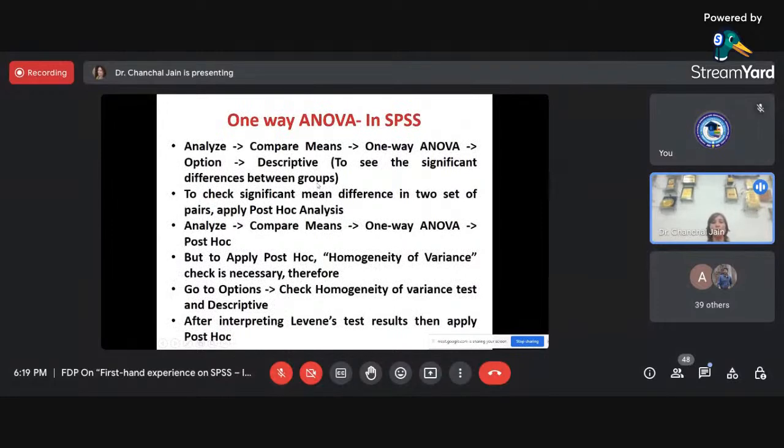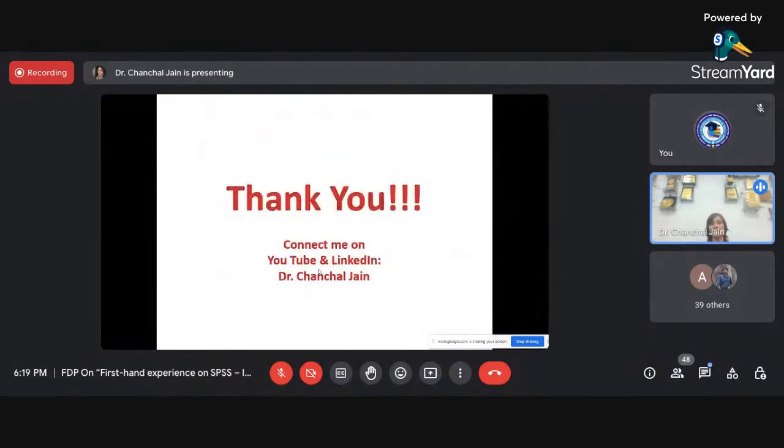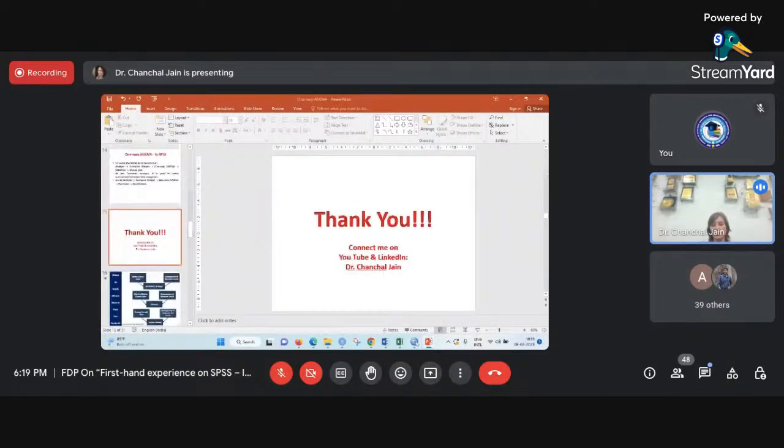Now, how do you need to perform the one-way ANOVA in SPSS? So these are the steps, which I'll tell you when we go to the SPSS. So this is all from the theoretical point of view of SPSS. Now I'll proceed with the